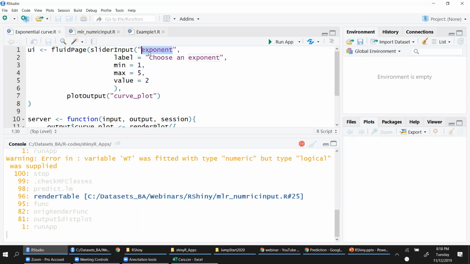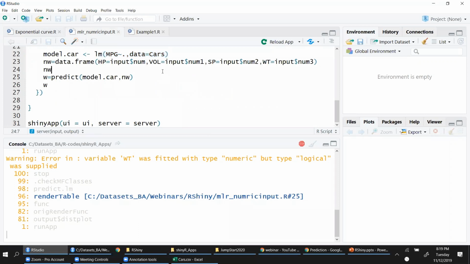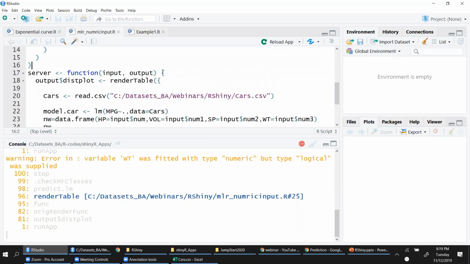So this is slider input, which would basically take the exponent as this particular input here. Session is basically the object. This is the session. You can give that name or not. Input, output, and session. If you look at this, I don't have session in here. I just passed input and output, right? So I've not given any name to it.